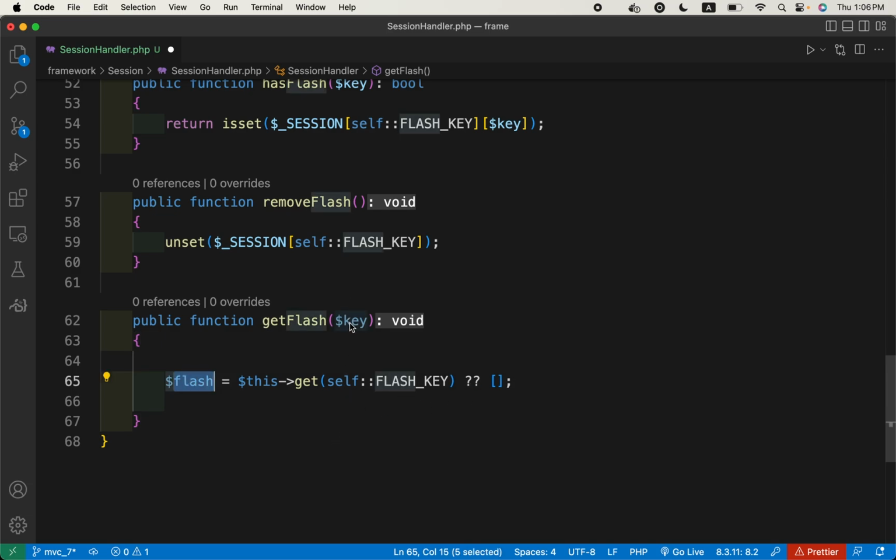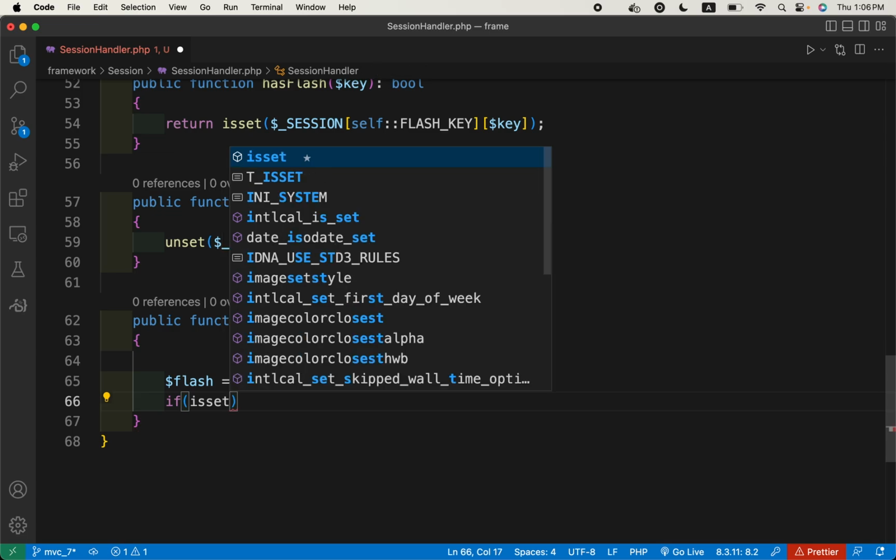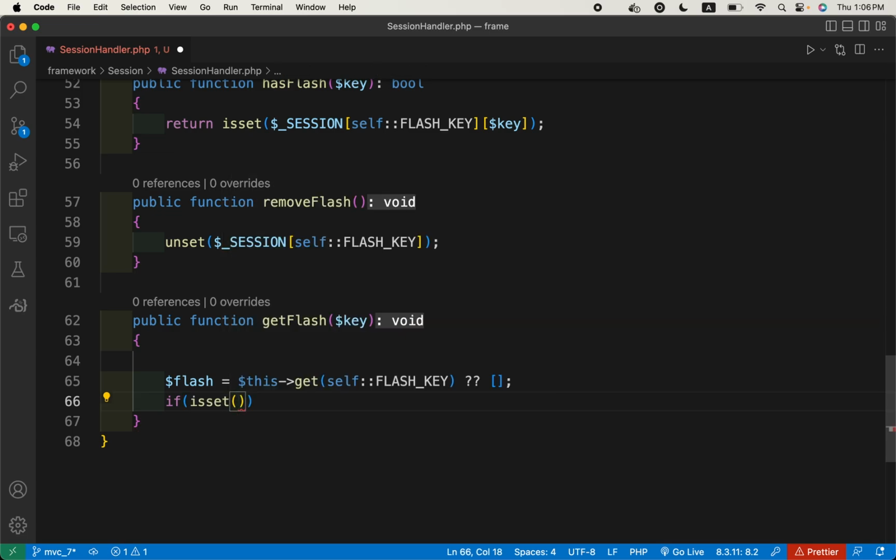Then in this type or key which is passed to it, we'll check if that exists. So if isset $_SESSION, and the type is going to be self, or maybe we should do it in the flash now. So if the flash type exists like this,